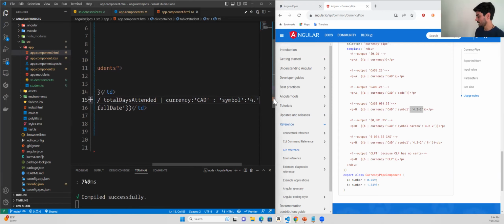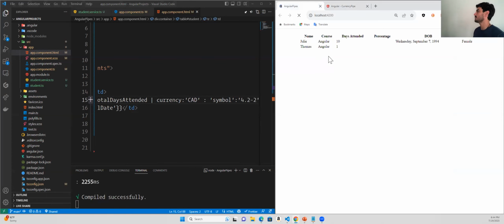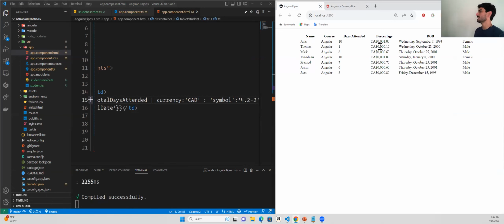Forward that and 4.2-2. And so let's see what we get from that. Okay, so yeah, okay. So it's just minimum of 4. So that's why you get